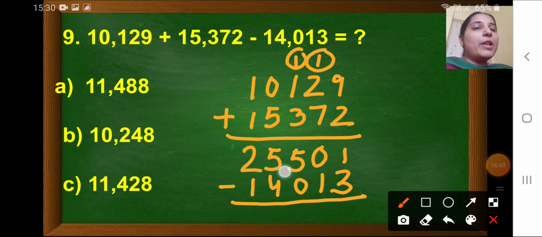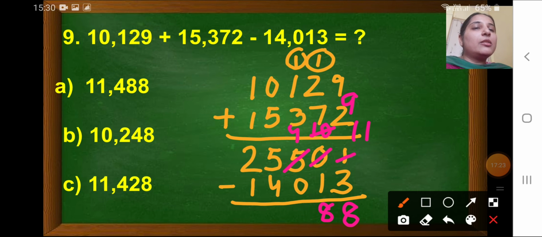So when we'll borrow 1 from there, 4 will be left there. And now we can borrow that 1 from 5. So what will be the digit here now? 10. Now we'll borrow 1 from tens place. So what will be the digit here now? 11, and this 10 now becomes 9. 9 will be left there. So 11 minus 3, now let's start subtracting from the ones place. So 11 minus 3, 8. Now 9 minus 1, 8.